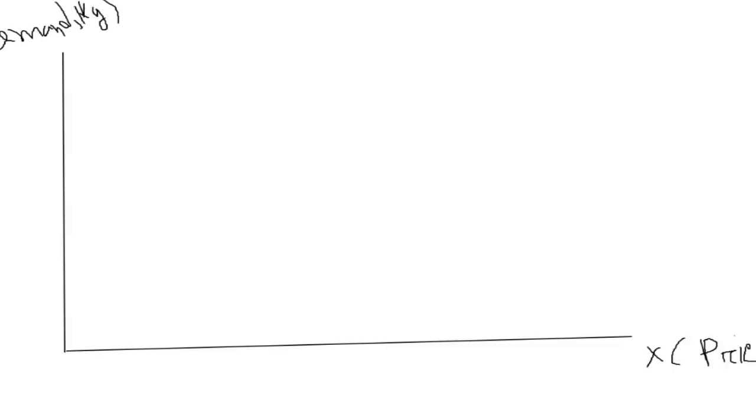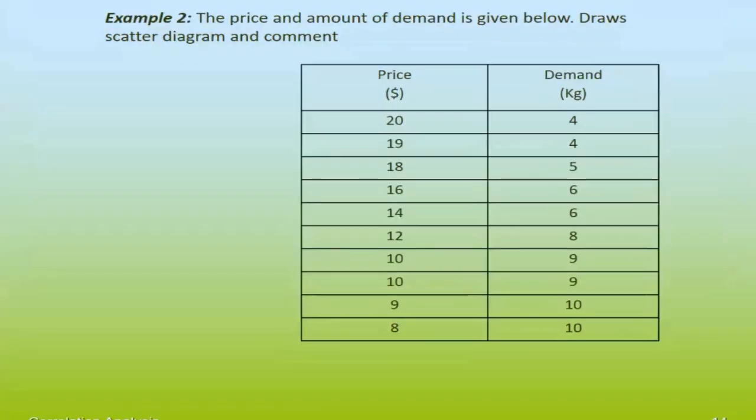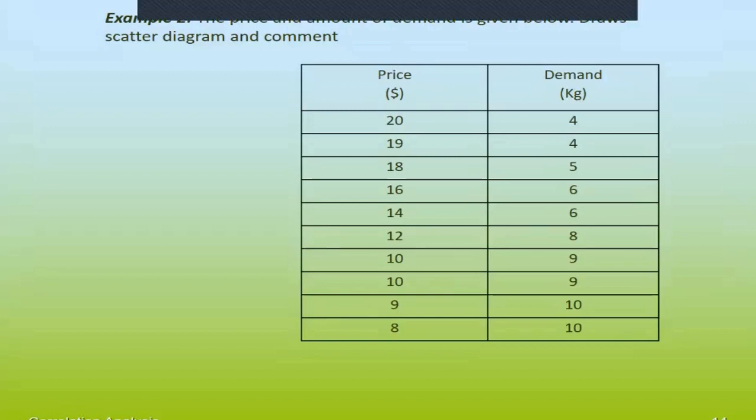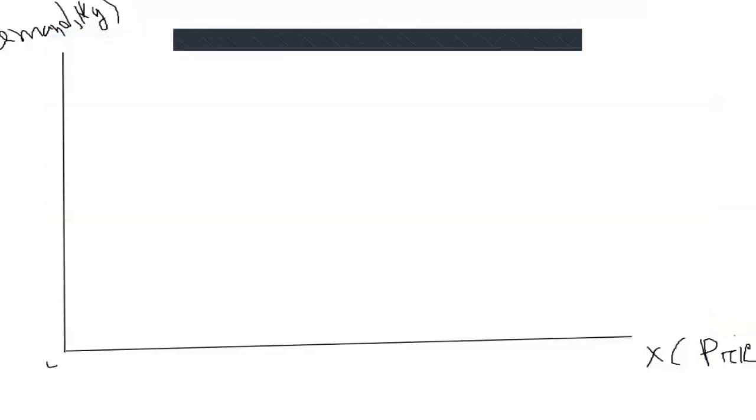Put the dollar sign. Let us check the values again. The price minimum is 8 and maximum is 20, so we can take 2 to 20, or you can take 4 to 10. Okay, let us draw. Start from 0, or you can take 4,